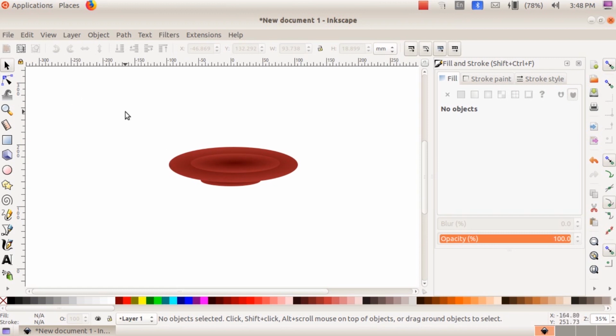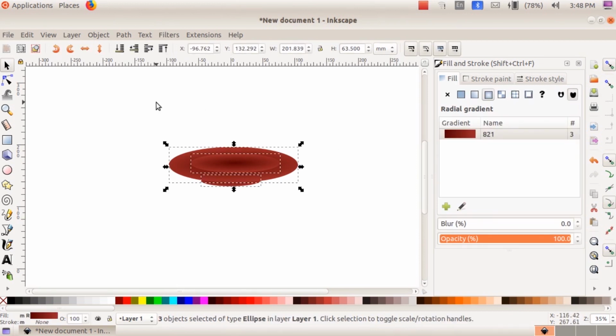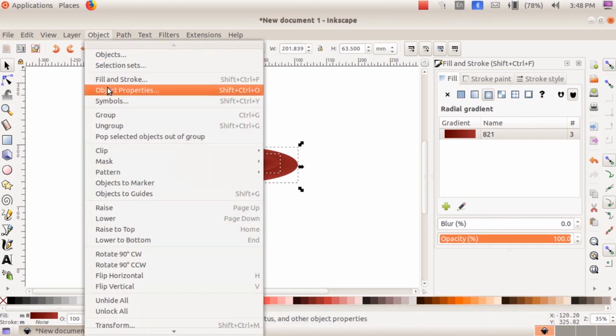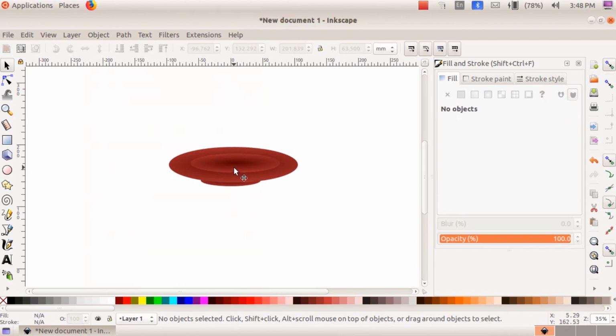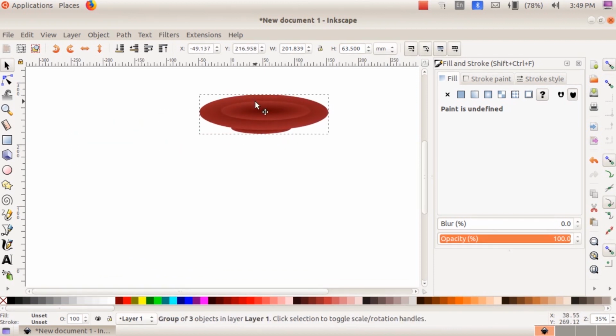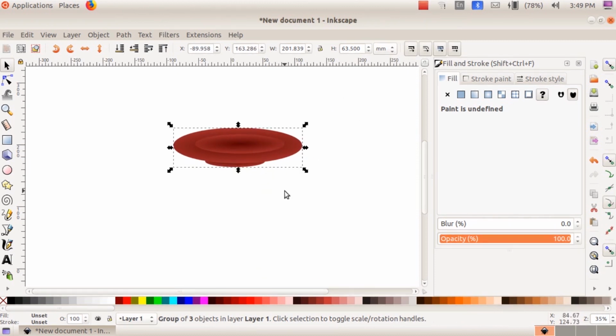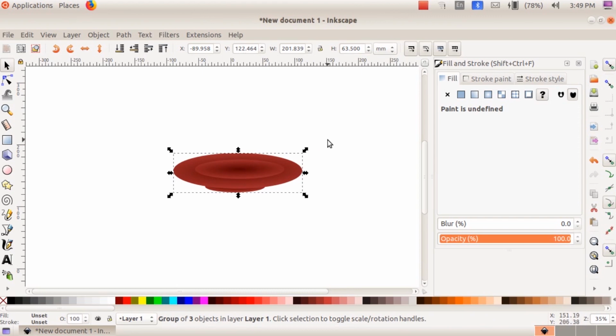Just click and drag like this. So all circles are selected. Then go to the Object menu, click on Group. Now all images are in a group, so we can move these images anywhere. If you want to move this image anywhere, it's very easy for you. Now the saucer is ready.